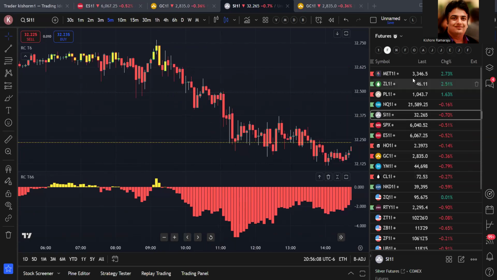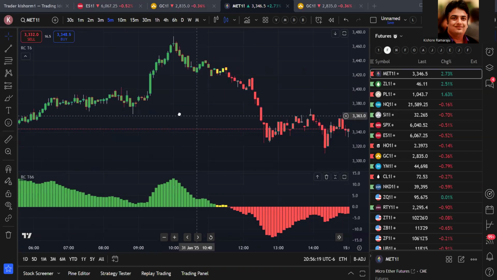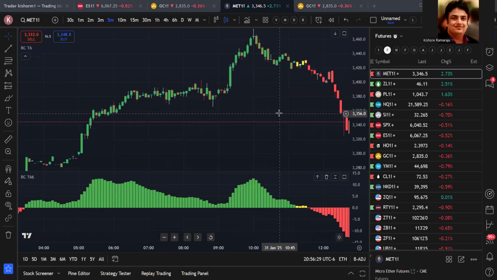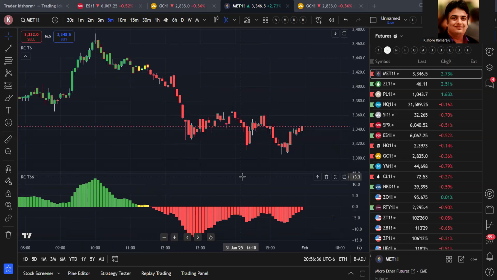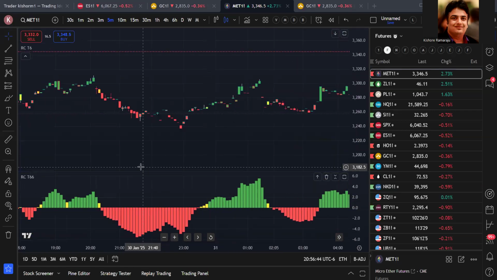Then you can go and take, for example, Ethereum. This is completely green. The candles are green. You can go ahead and take the long positions. This is completely red. You can take the short positions. So if the candles are yellow, don't take any trades. If candles are green and your bottom is green, you go and take long. If candles are red and bottom is red, you go and take a short. But if the bottom part is yellow,